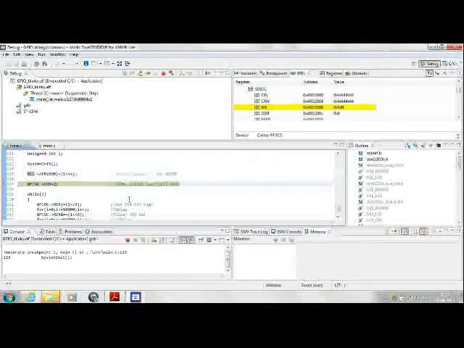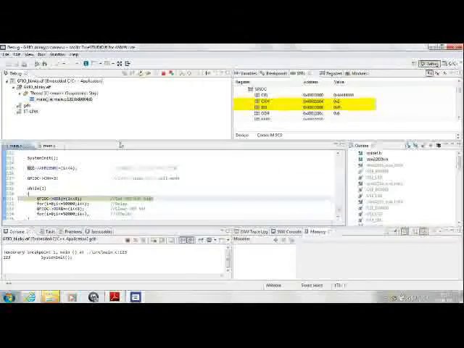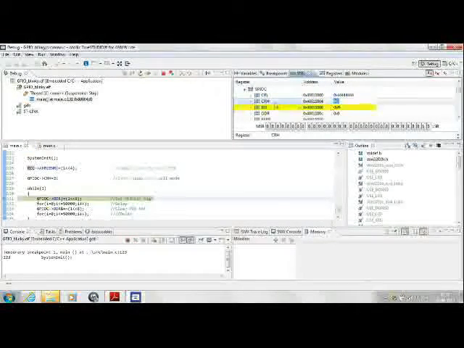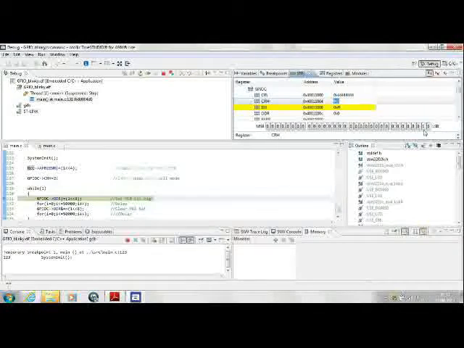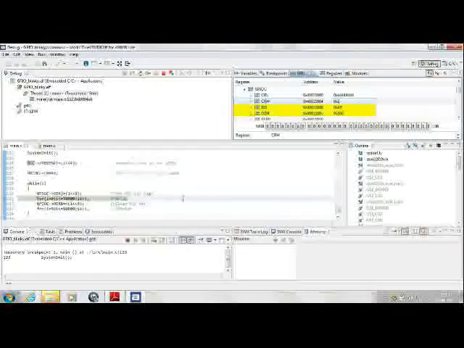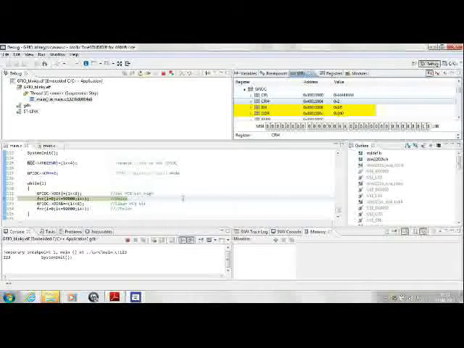we see that the next step of the code will update the CRH register for port C. A shortcut for this is function and F5 for step into. We saw that the value of CRH for port C became 2. Next, if you step in, you will see that on your kit the blue LED will be now lit. This is because the output register got set corresponding to that bit.